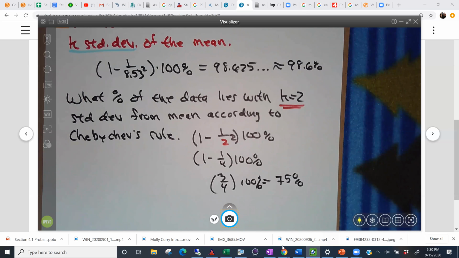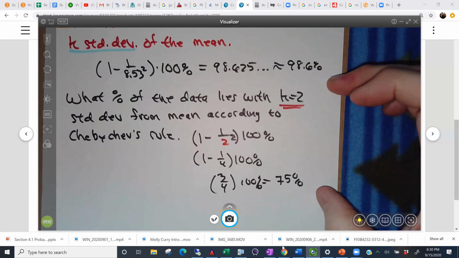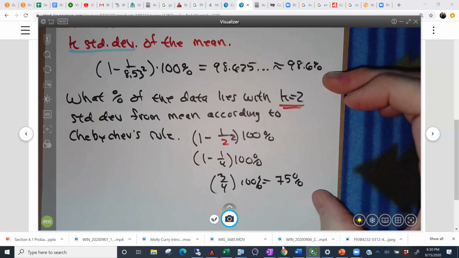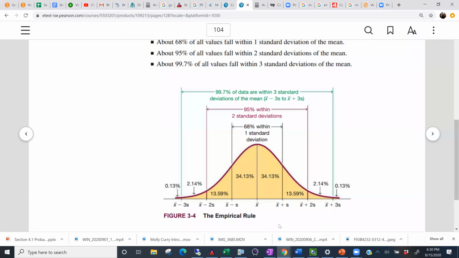Okay. Comments or questions on Chebyshev's rule here? I have a question on the empirical rule theorem. Do we need to know what all of them are, like values within 1, 2, 3? No. So on the exams,